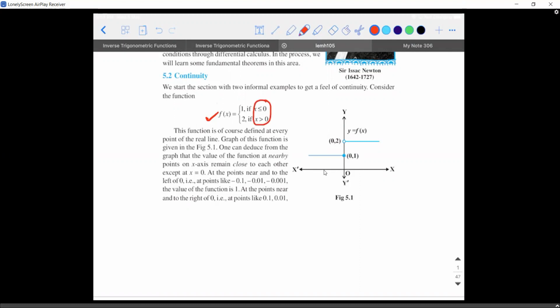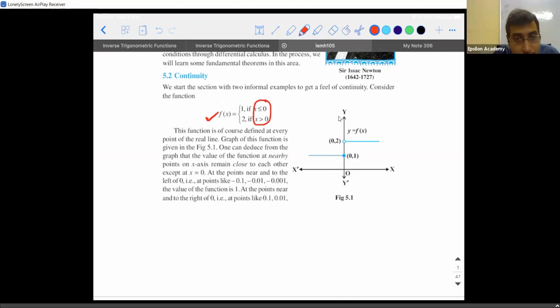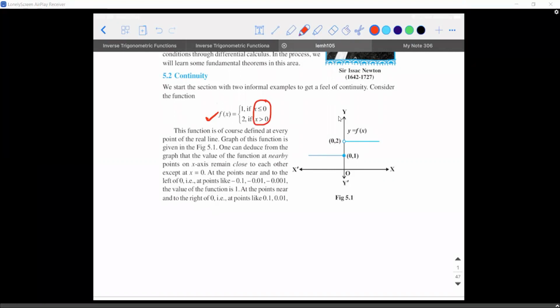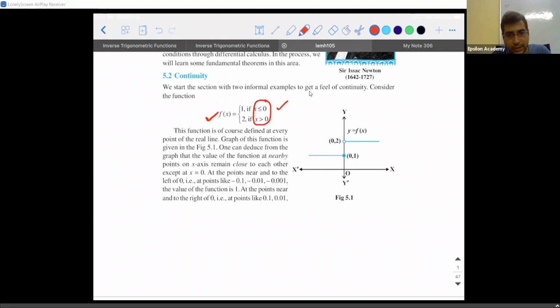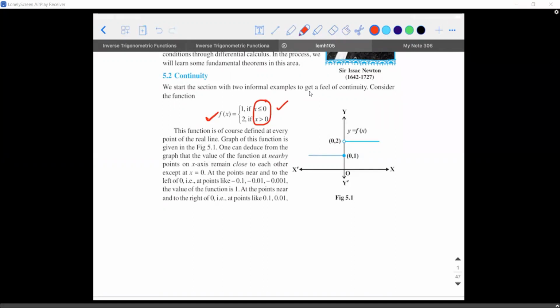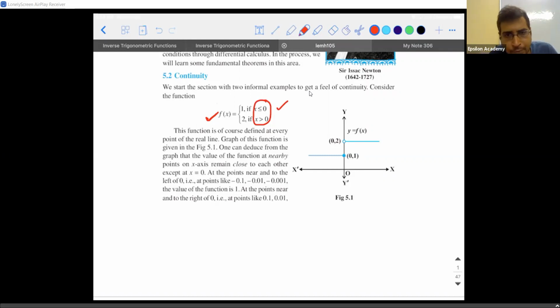Sir, the point, 0. So it is broken at 0, right? So x less than or equal to 0 means it is on the left of 0. x strictly greater than 0 means a value like 0.1111, slightly greater than 0. Correct? So f of x equal to 1, y equal to 1, is a straight line parallel to the x-axis. So this is f of x equal to 1, till x is less than 0.